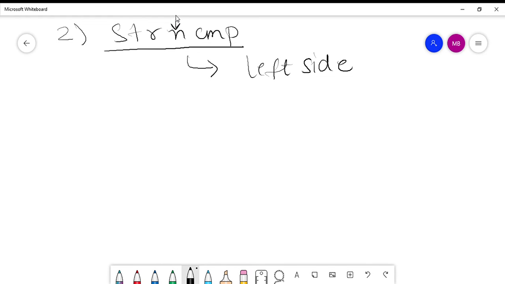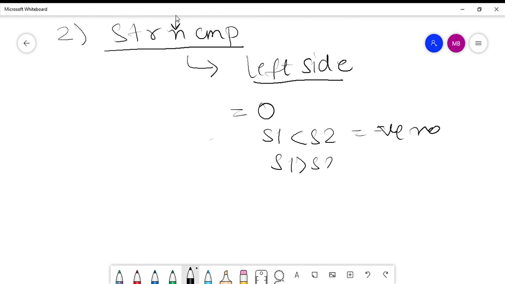So if the left n characters of s1 are compared to s2, and if they are equal, a 0 will be returned. If s1 is less than s2, in that case a negative number will be returned, and if s1 is greater than s2, then a positive number will be returned.